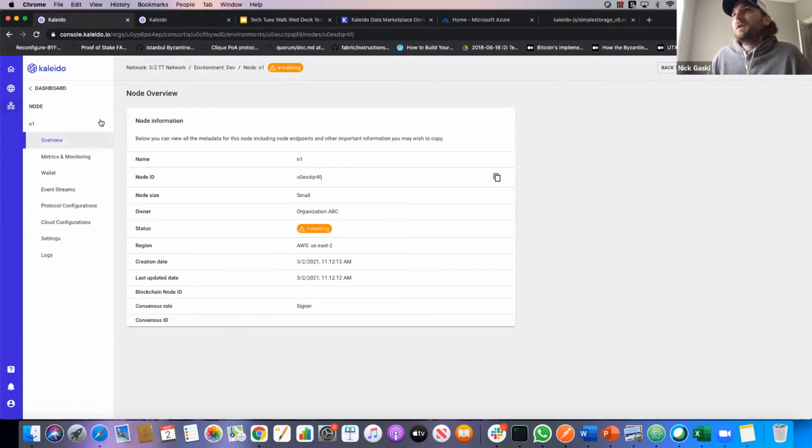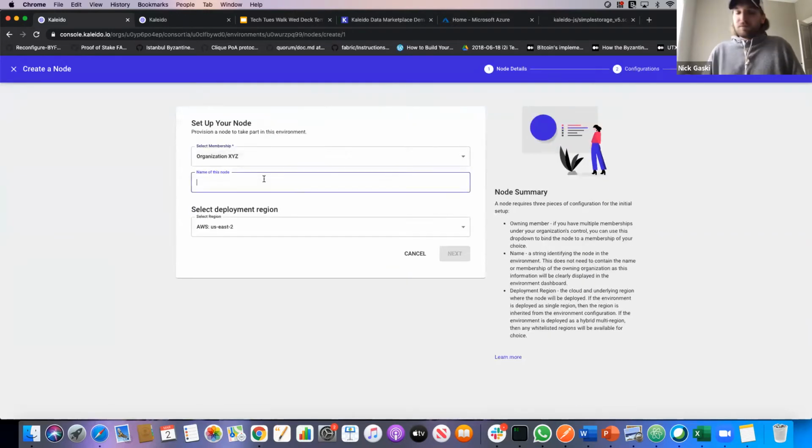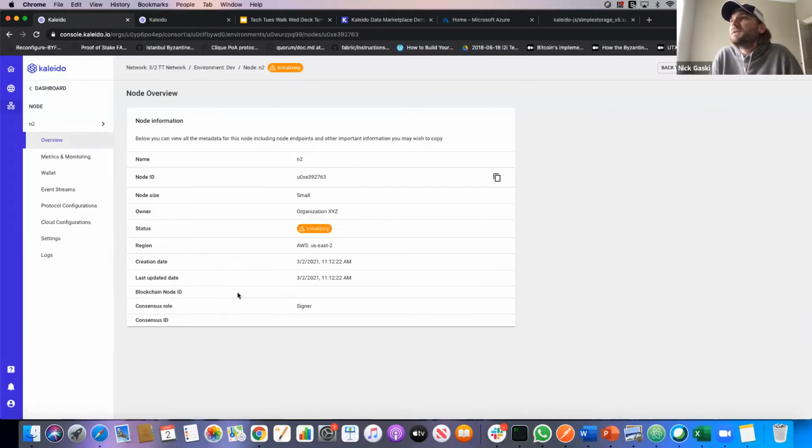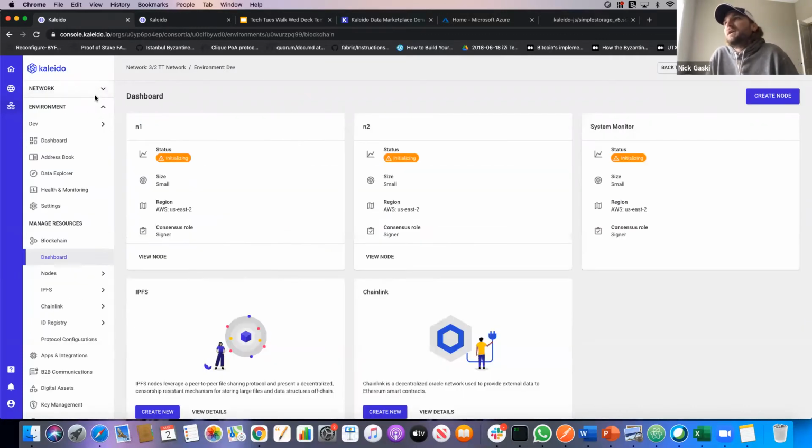Now you've created your blockchain. So I'll create one more node for our other membership, call it node 2. Click next, leave that as a small node, leave it as a signer, a proposer, and validator of blocks. And this guy will come to life here momentarily. So as these are initializing, I'll click back on my dashboard. And as soon as one of the nodes comes up, we can go ahead and click on the details,